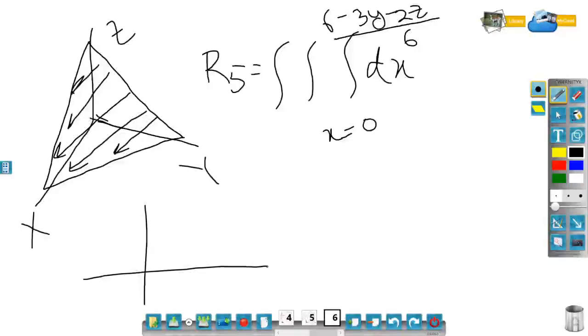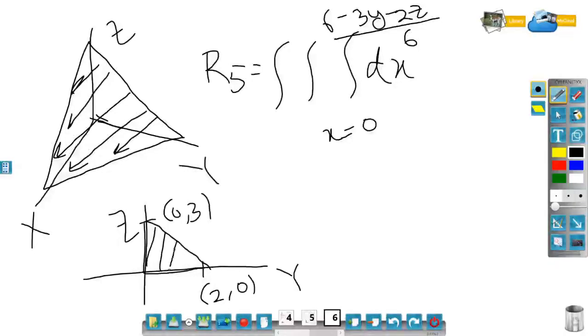So this is 2 comma 0 and this is 0 comma 3. This is y plane, this is z plane, and this equation is 3y plus 2z less than or equal to 6,